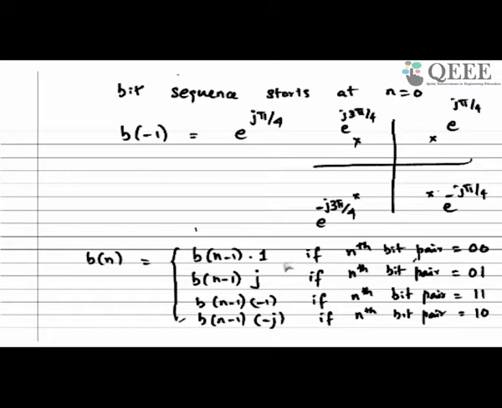The reason why we go for differential encoding is that it is more robust to phase offsets and phase errors you have in your receiver. I will talk about how the receiver is going to work for this particular case subsequently, and then we will see that this has some advantages when you have some phase offset between the transmitter and receiver oscillators. And then finally I will do a comparison of the efficiency of all these different techniques.